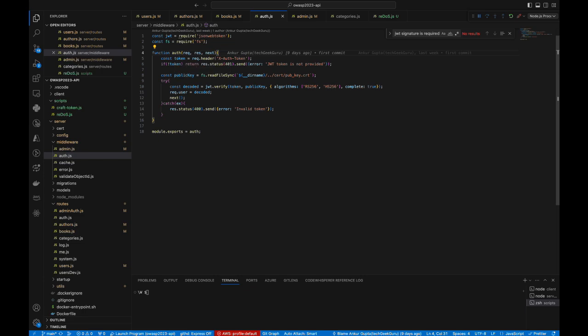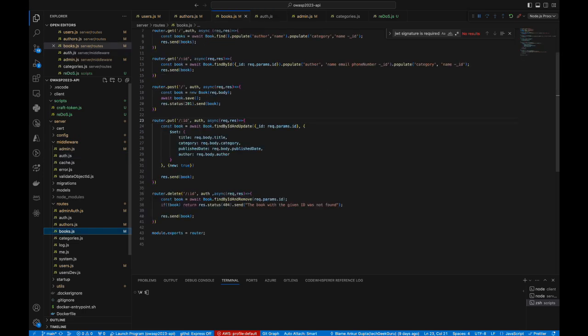We are just checking that whoever is accessing this endpoint has a valid XAuth token, and if yes, I'm letting the user proceed with the request, right? There is no authorization check for the role of user. Now let's go back to our books